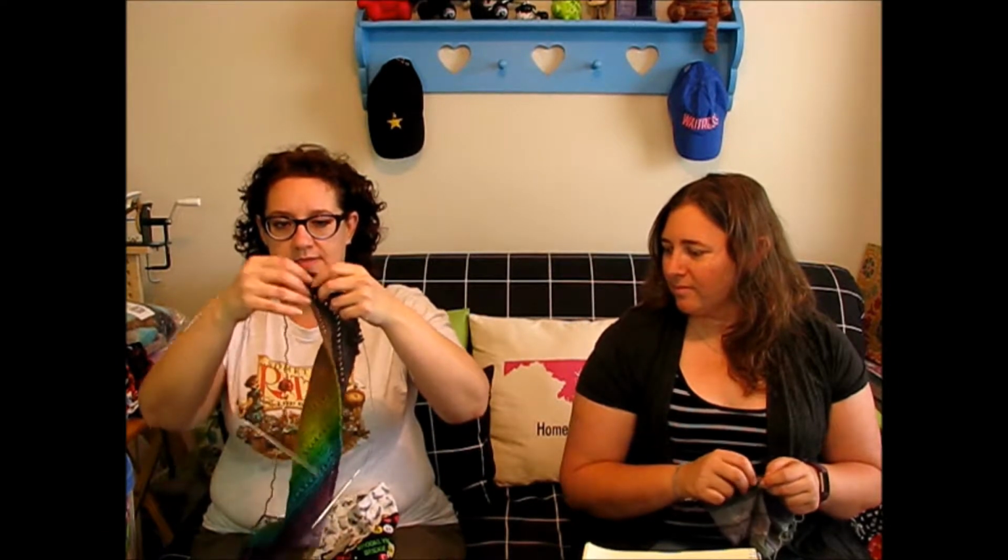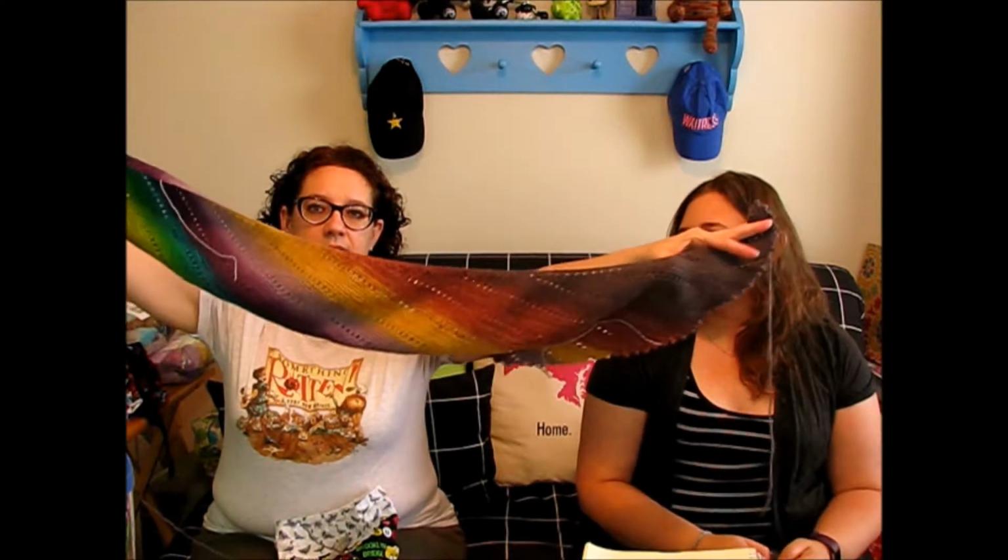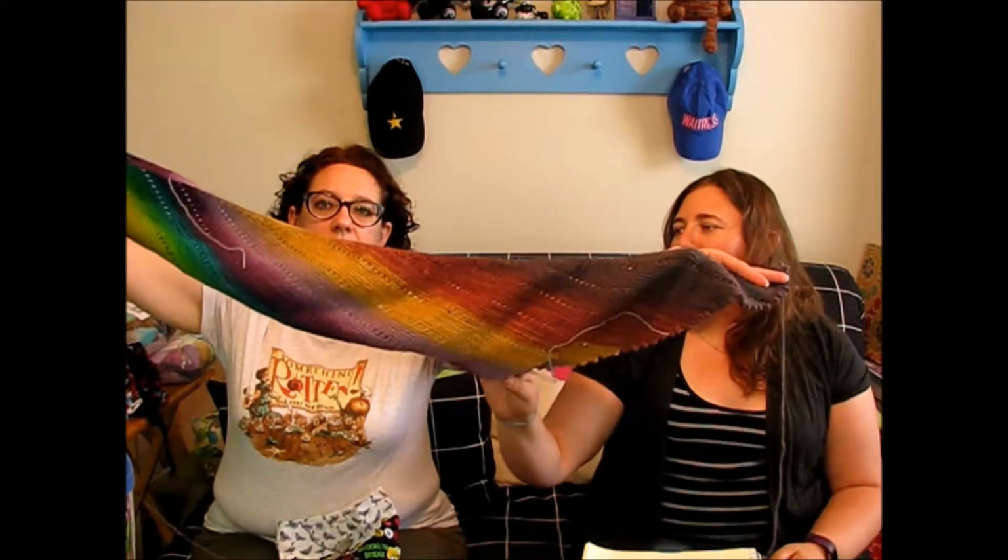Which is my Pick-a-Bow shawl. I know, I'm down to this many, it has to decrease some more, but this is it so far. What's the yardage required for that? I'll show you in a second, I'll pull it out. Anyway, it needs to be blocked, obviously, and stuff, but,